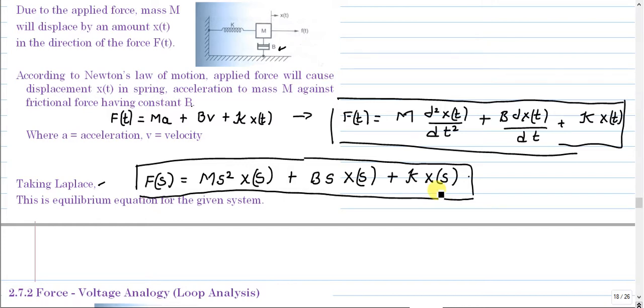You may ask, sir, how can we do the further analysis? As I said, you need to write this complete equation in terms of output by input. Now you know your input is f of s, and the output is x of s. In all three terms x of s is common, so you can take it common outside and write it in terms of output by input, and you can check by giving the value of the input.